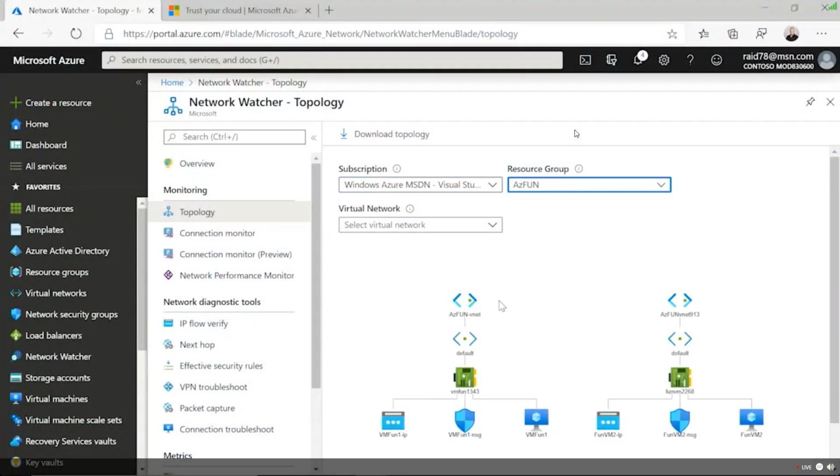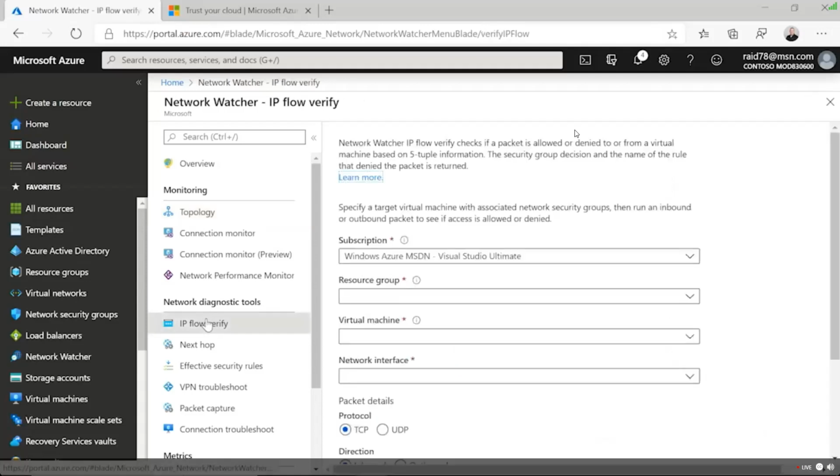Now we have two other tools. When we're on-prem and when we've been troubleshooting, what's the most common tool? We use ping. Hey, can I get there? I just want to send a simple packet, get a response. Inside of Azure, we have its equivalent. It's called IP Flow Verify.